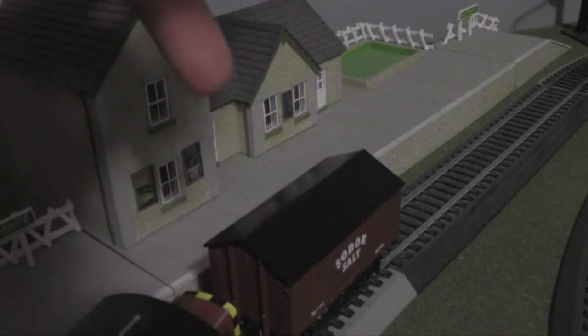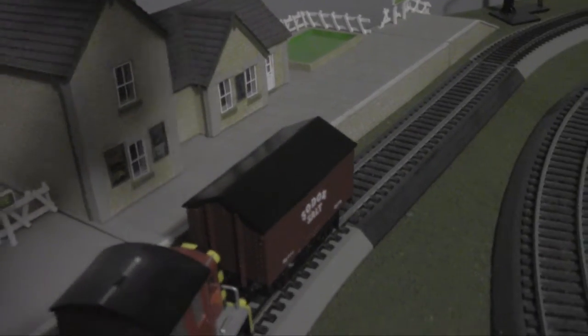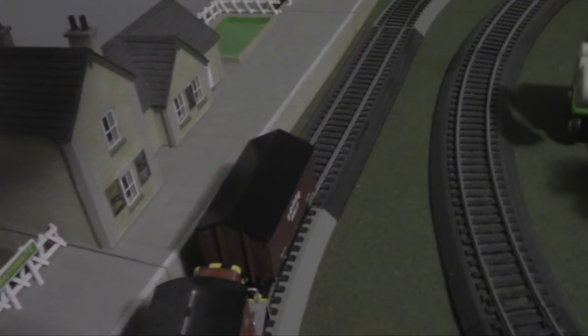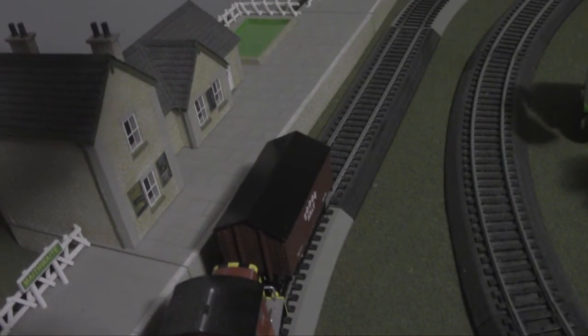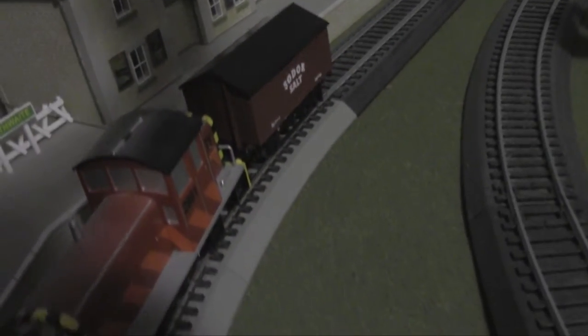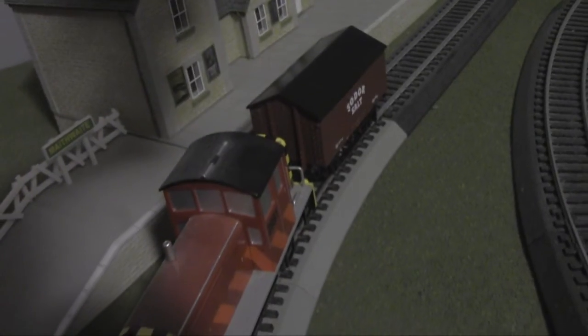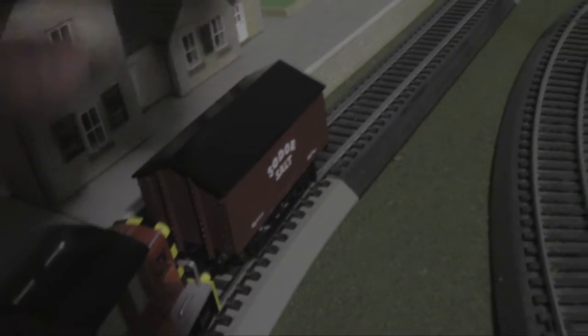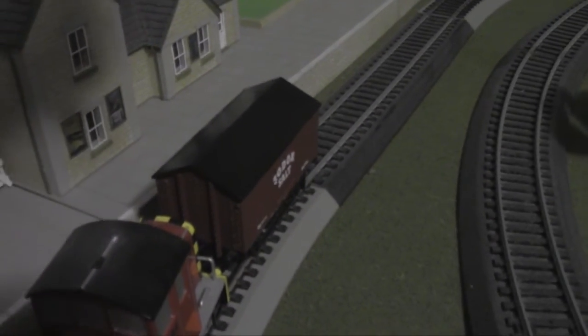I think it actually does look great, and of course this is going all around the layout for sure. So yeah, I guess if anything, it does look really quite nice. It had a really successful test run, all thanks to good old Salty. Overall the Bachmann Sodor Salt Wagon is